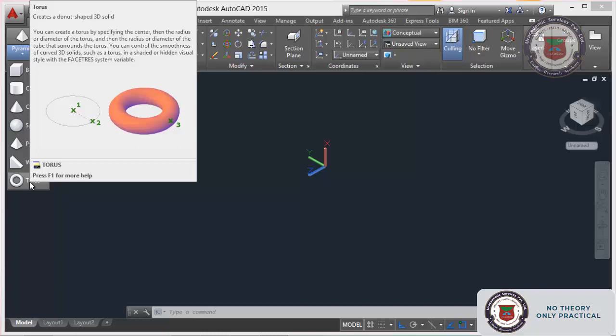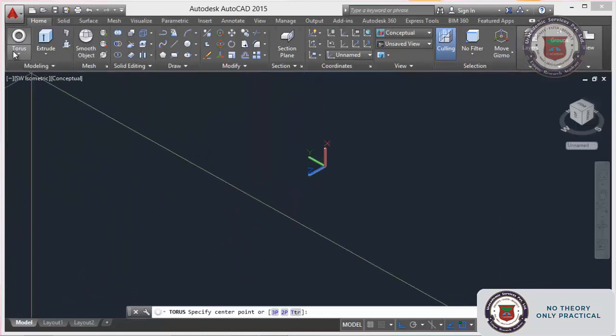You can control the smoothness of curved 3D solids such as a torus in the shaded or hidden visual style with the facetres system variable.